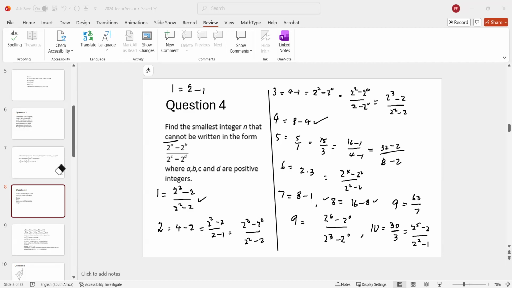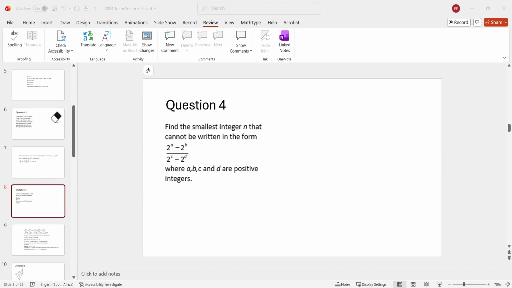So all the numbers from 1 to 10 are okay. They all can be written in that form, but 11 cannot be. Now, it's not easy to show that some number cannot be. You have to write it as fractions, I mean, kingdom come,